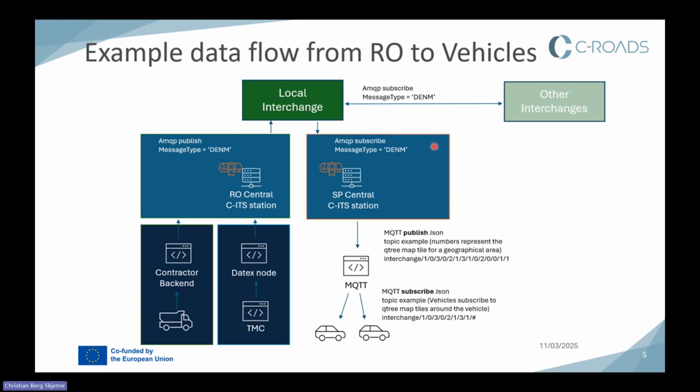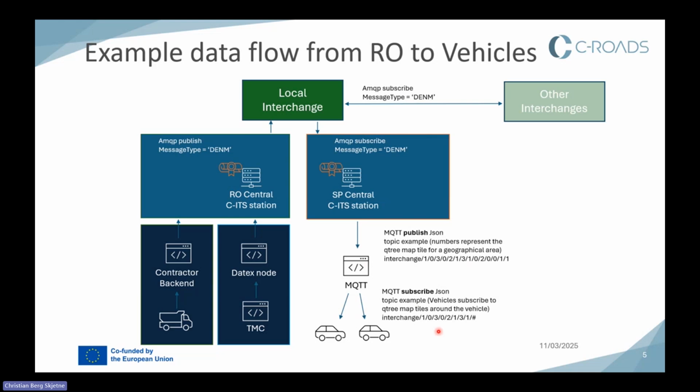The messages could be decoded and verified by the OEM's backend and then sent out to each vehicle using MQTT. The messages are published on a topic representing the geographical location of the message. And then you have the vehicles, which can subscribe to topics based on the vehicle's location,